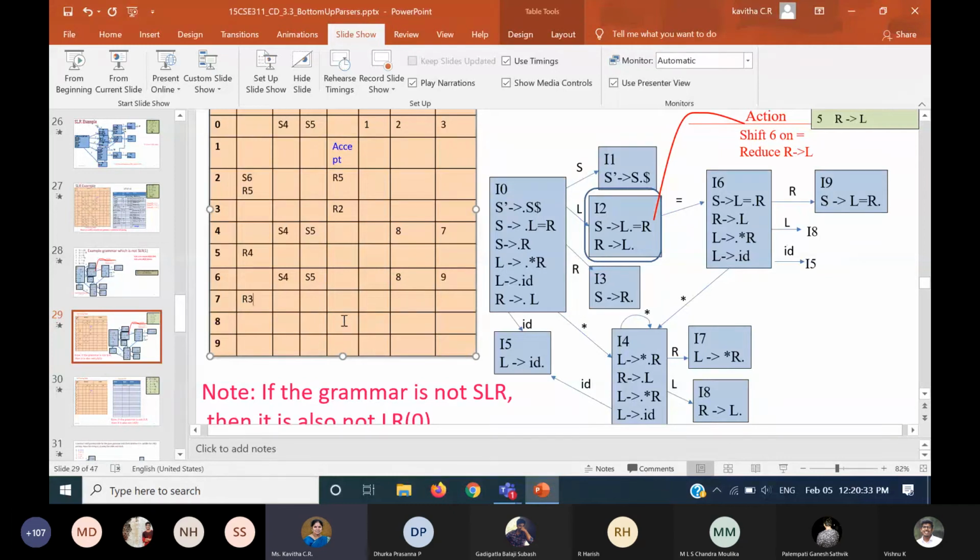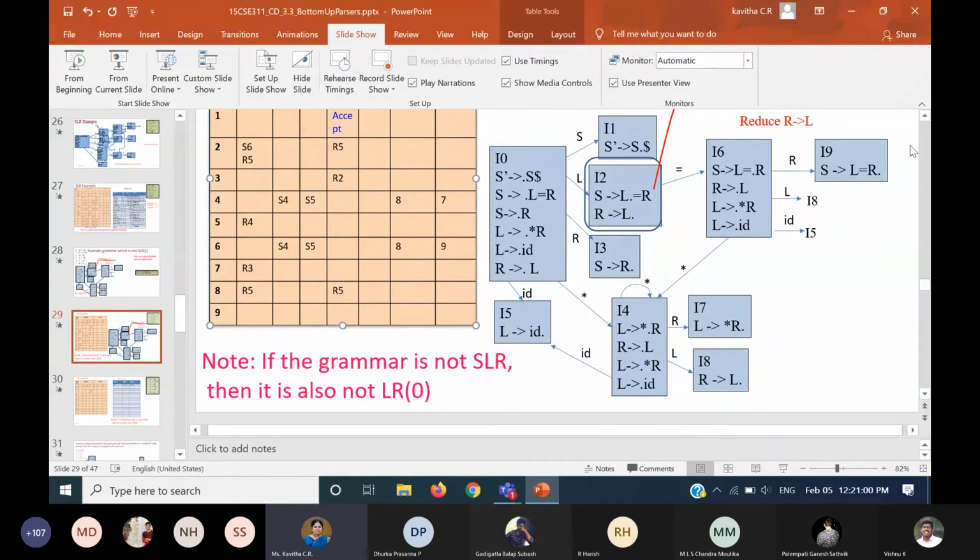Rule number 5 needs to be applied here for equals, and at state number 8 it is R5 on equals and on dollar, because you are going to use the follow set of R. So that is done.